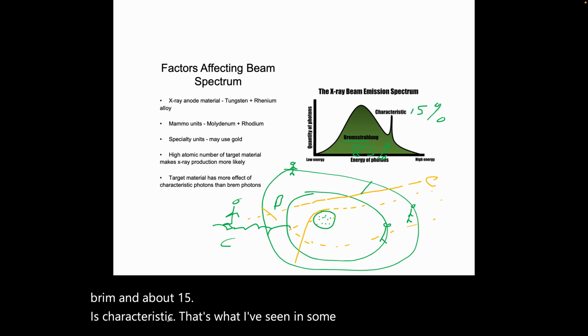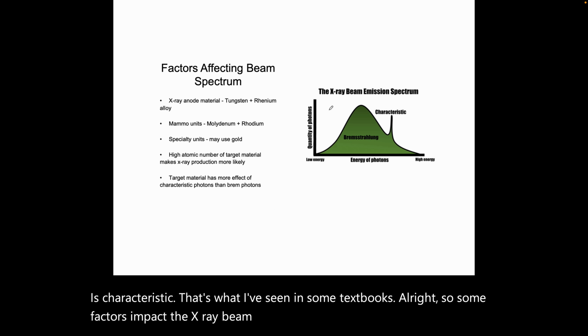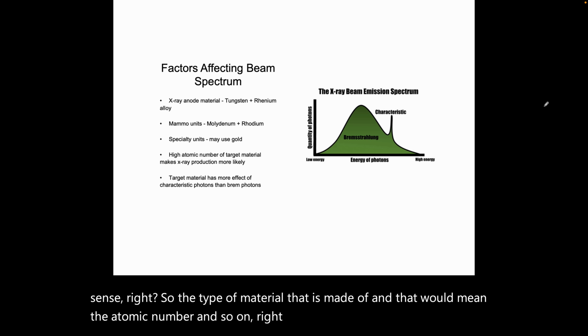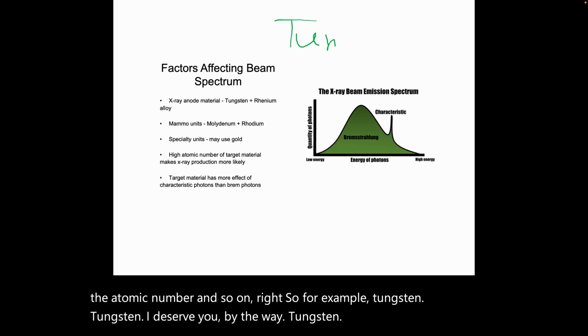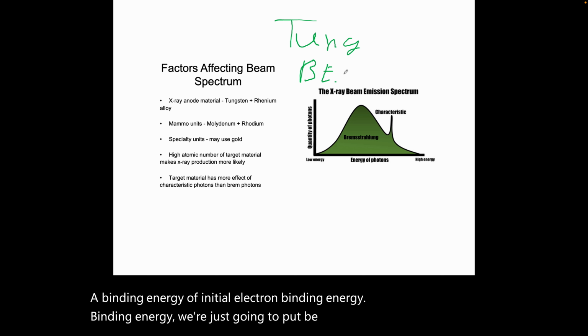All right, so some factors impact the X-ray beam spectrum, and it should make sense. The type of material that it's made of, and that would mean the atomic number and so on. So for example, tungsten. This is a review, by the way. Tungsten has a binding energy of the initial electron. We're just going to put Be here, not for barium enema, of 69.5